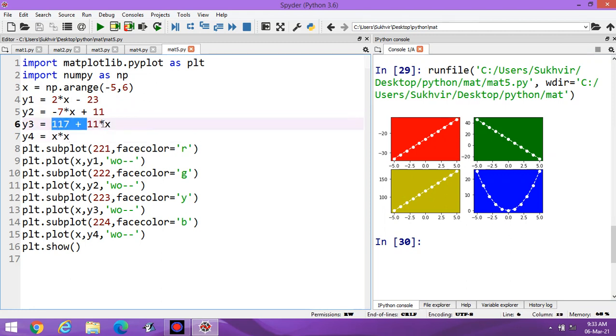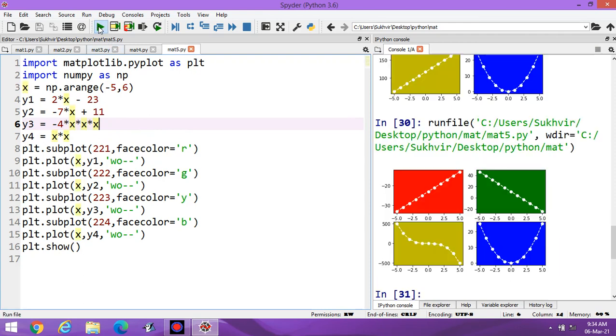If I am writing the equation like this, minus 4x cube, now execute the program. You can design the graph accordingly. This one is the graph for y is equal to minus 4x cube. Different colored contents are there.